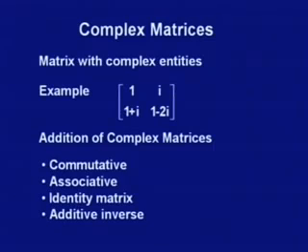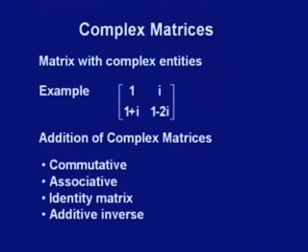Similarly, one can prove the associativity of addition of matrices. If the sum of real matrices is associative, so is the sum of complex matrices. As far as the identity matrix is concerned, we can define the same additive identity. This works for complex numbers also. Additive inverse can also be defined on the same lines, that is, the additive inverse of a given matrix is the one which gives on addition the null matrix. So, all these concepts are in line.